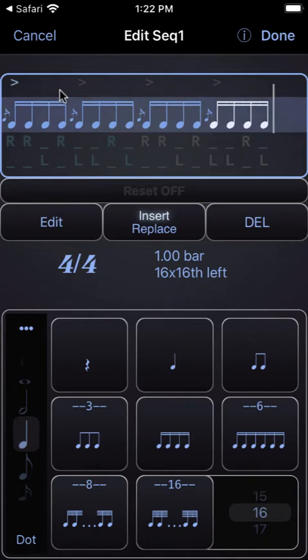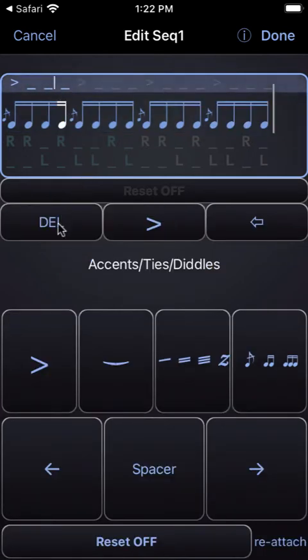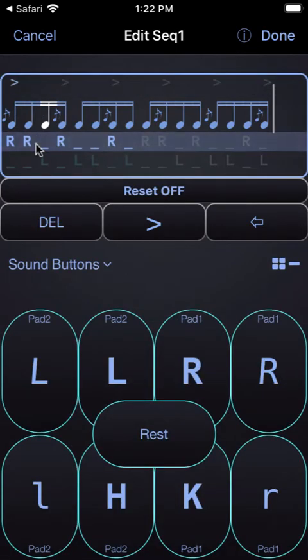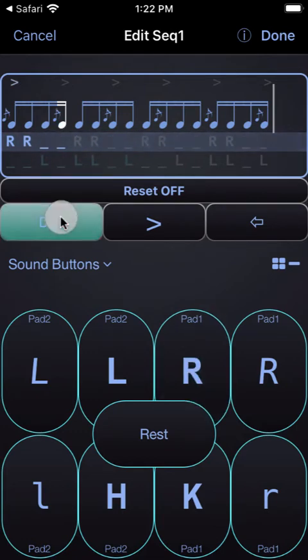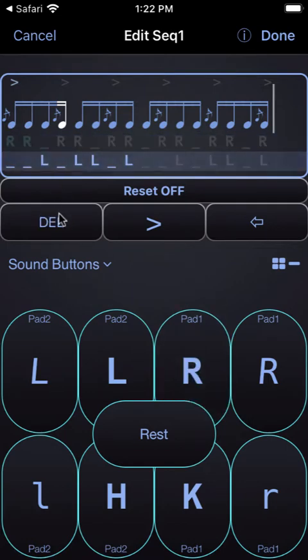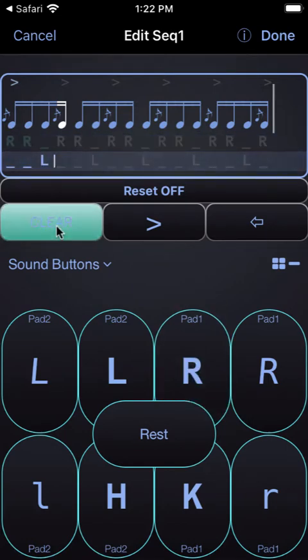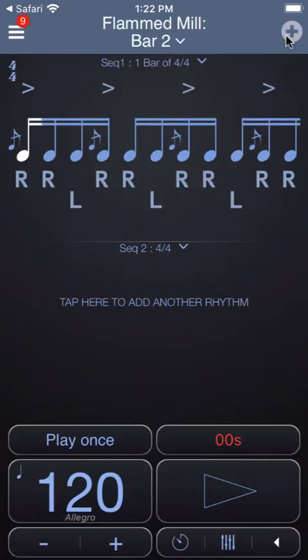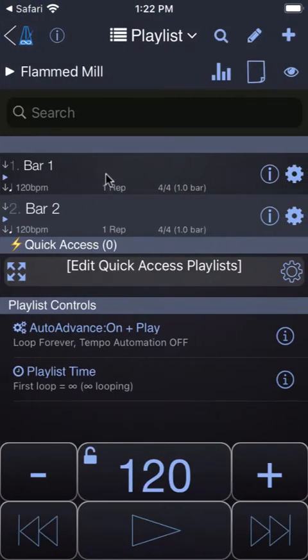And so in this case we want a flam and accent on every 3rd note, and then with the sticking we want right, right, left, so I'm going to delete this final right hand, all of those, and then delete all of these left hands. So now we have right, right, left, right, right, left, right, right, left, right, right, left, right, right, left, right. And then I will save the changes. So if we play those 2 items one after another,